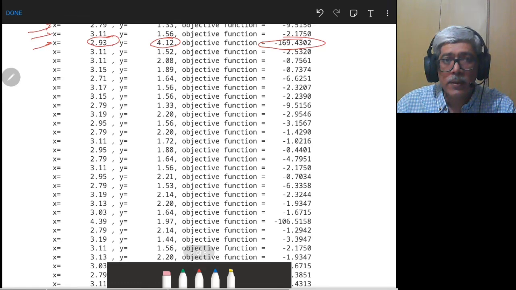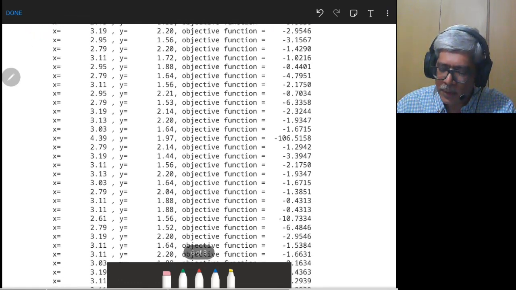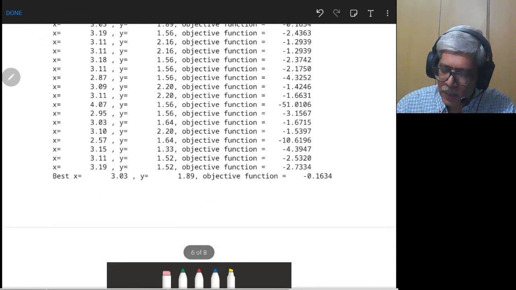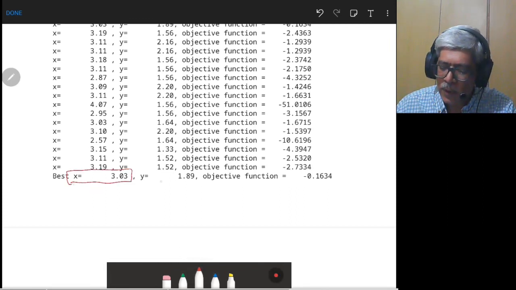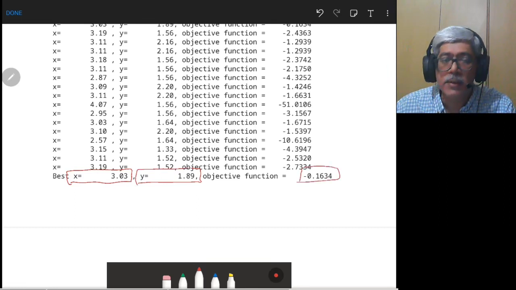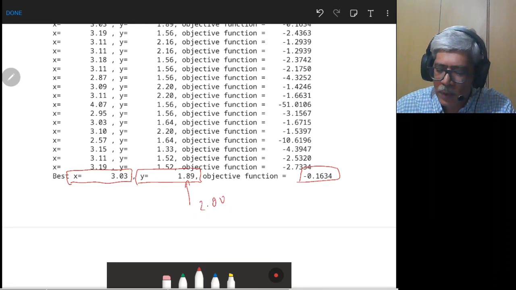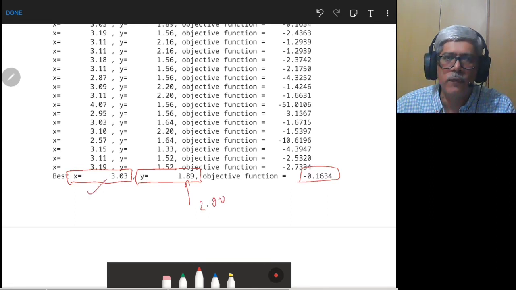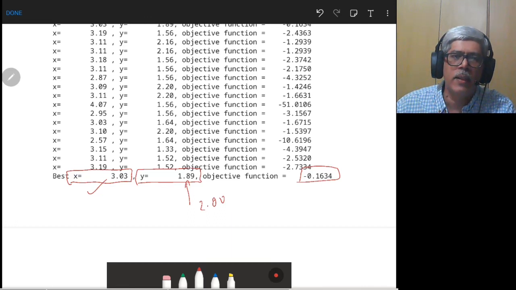And the best member in the last population is listed below. The best member, as you can see here, is x equal to 3.03, y equal to 1.89, and the objective function is as given here. As you can see, this should have been 0.00. This is somewhat okay, but this is still far off. If you take more generations, you will find that the solution will converge.